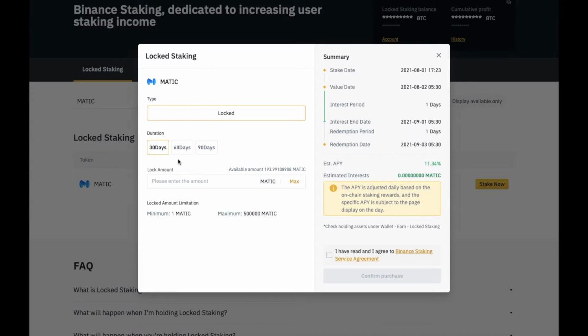With that amount, and then we have the duration options, which we have already seen, 30, 60 and 90 days. And here we have to enter the amount of token that you wish to lock. So I have around 193.99 Matic on my Binance wallet, and I'll go all in. So I'll click on max, and as you enter the amount on this particular field, towards the right you can notice that the estimated interest got updated, and now it displays